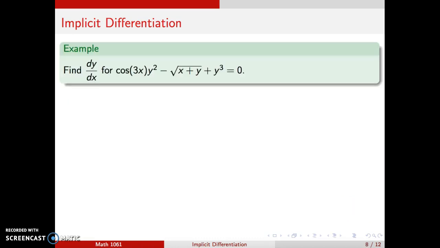Okay, so quick example here. And this one I am going to work out. So we want to find dy/dx. We're going to start by differentiating both sides of the equation. For this first term here, I'm going to use the product rule because I've got a function times a function. So the product rule tells me negative sine 3x times the derivative of the inside, which is 3, so I'm using the chain rule as part of that, times y squared, plus cosine of 3x, this function, times the derivative of the second one, which would be 2y times dy/dx,